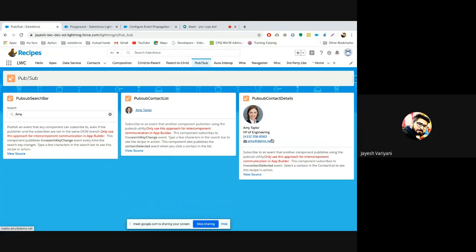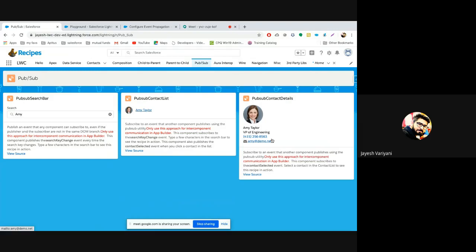So in order to have this kind of use case built, we have to import that utility first. It's a kind of interface, you can treat it like that. Once we import it, we have to call its methods. We'll have methods here such as register event, fire event, and handle event, that kind of thing.